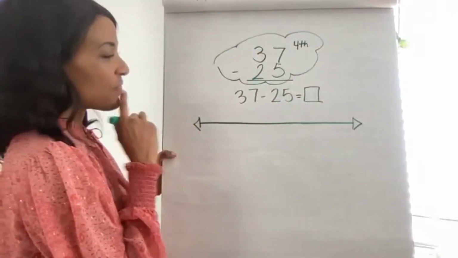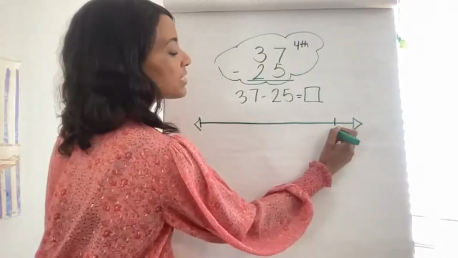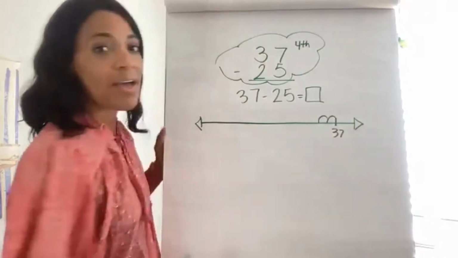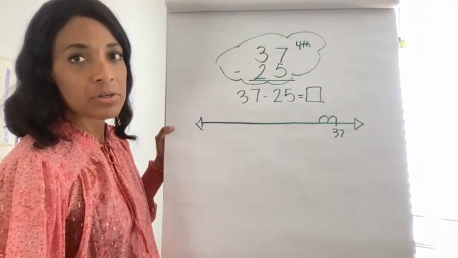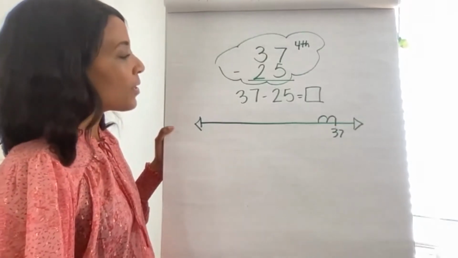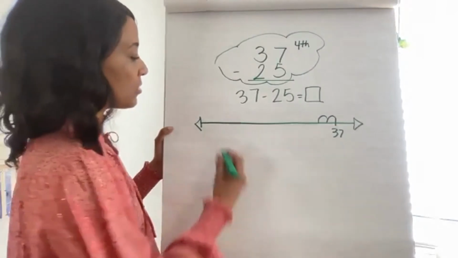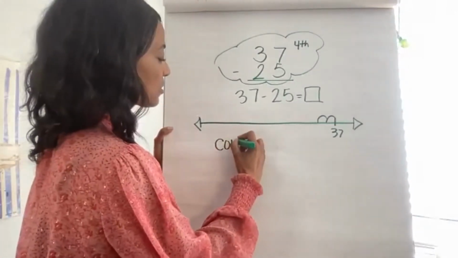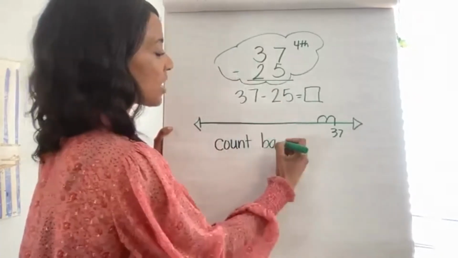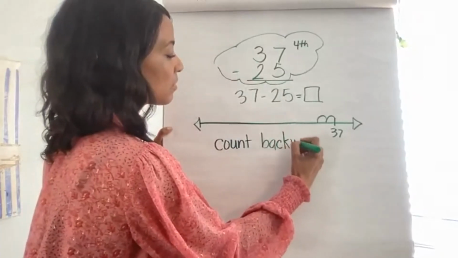So what we're finding is that if we put 37 on a number line and ask the kids to count backwards, they're having a really hard time counting backwards. Really hard time. The other beautiful thing, so we want them to be able to count backwards. This strategy does not support counting backwards.